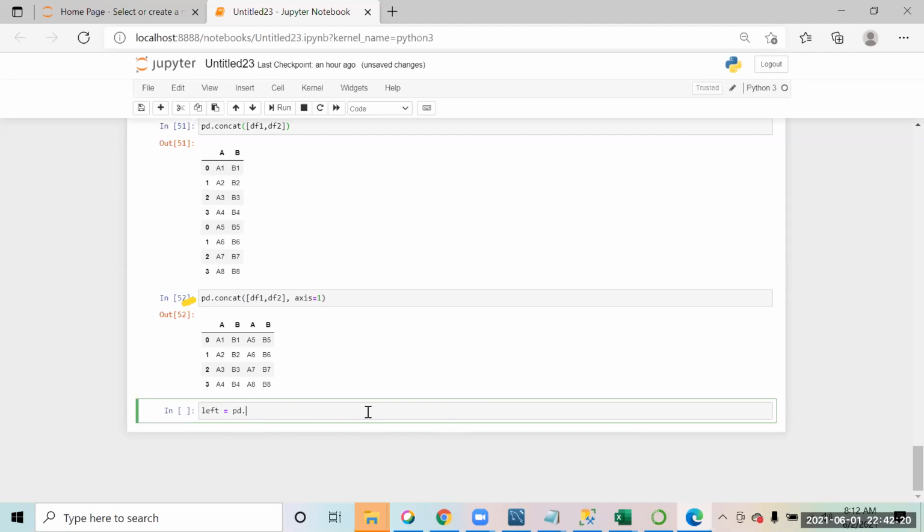So pd dot data frame, the dictionary script.